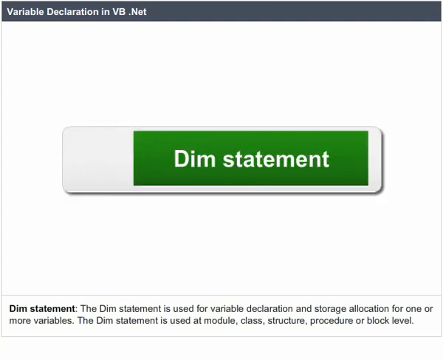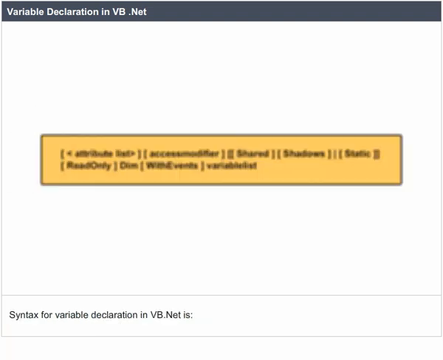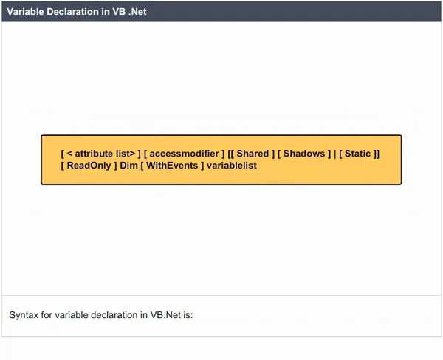Variable declaration in VB.NET. Dim statement. The Dim statement is used for variable declaration and storage allocation for one or more variables. The Dim statement is used at module, class, structure, procedure, or block level. Syntax for variable declaration in VB.NET is: